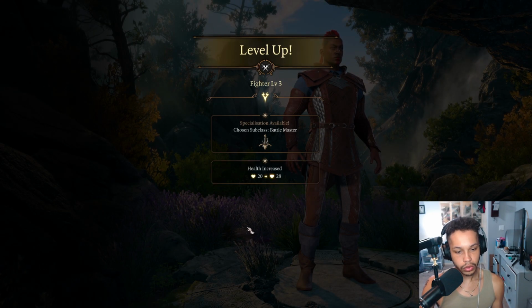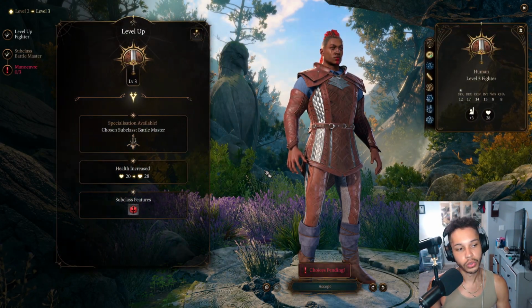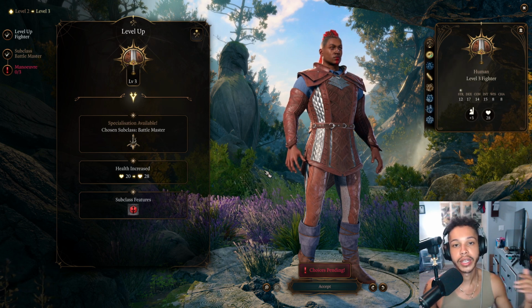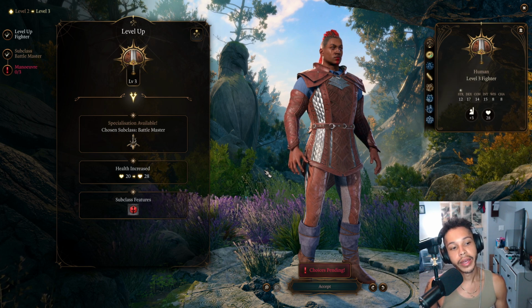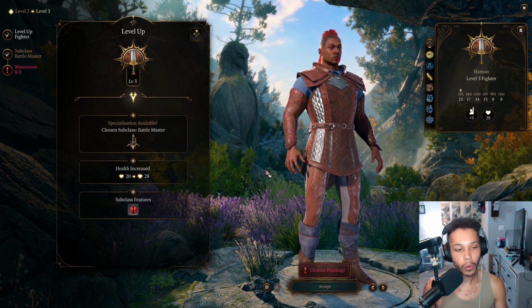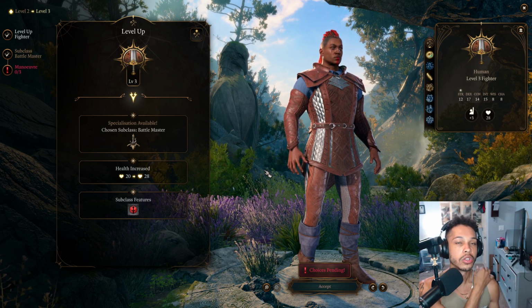So level 3, and I will shout out that you can, if you want to, with this build, only go 2 levels of fighter just to get action surge and then the proficiencies, and then go straight wizard. However, I feel like going to level 3 with fighter for this specifically and getting your subclass helps a little bit more, because all you really get